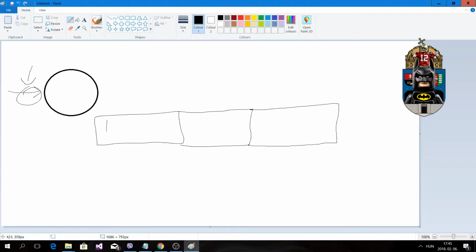So here we have IP. Here we have a transport header, for example TCP, and here we have the actual data. I'm going to write it out. Data. So what's going to happen? For example, if there is an access control list that permits